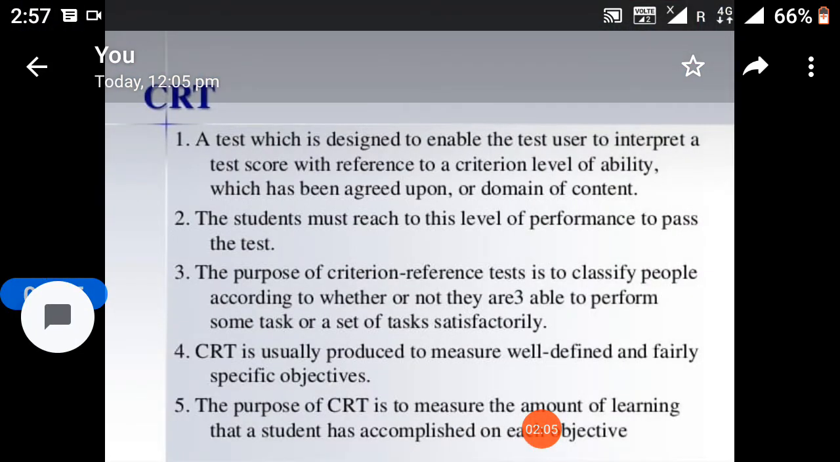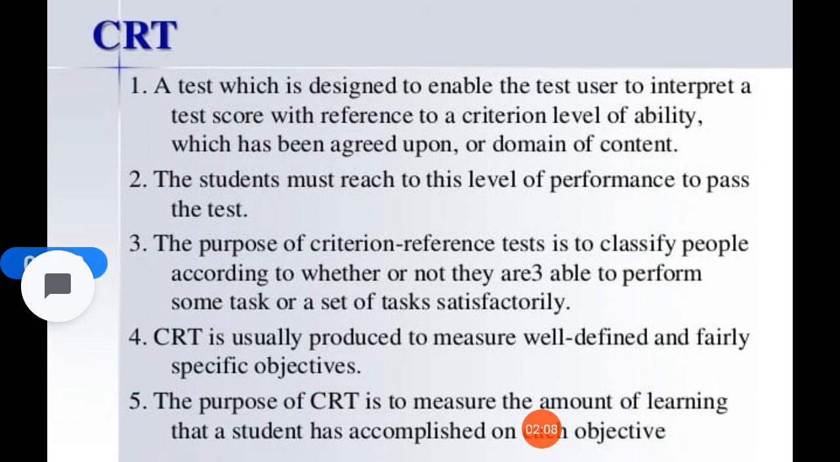Definition: a criterion reference test is a test which is designed to enable the test user to interpret a test score with reference to a criterion level of ability which has been agreed upon in a domain of contents. The student must reach this level of performance to pass the test, and the purpose of a criterion reference test is to classify pupils according to whether or not they are able to perform some task or a set of tasks